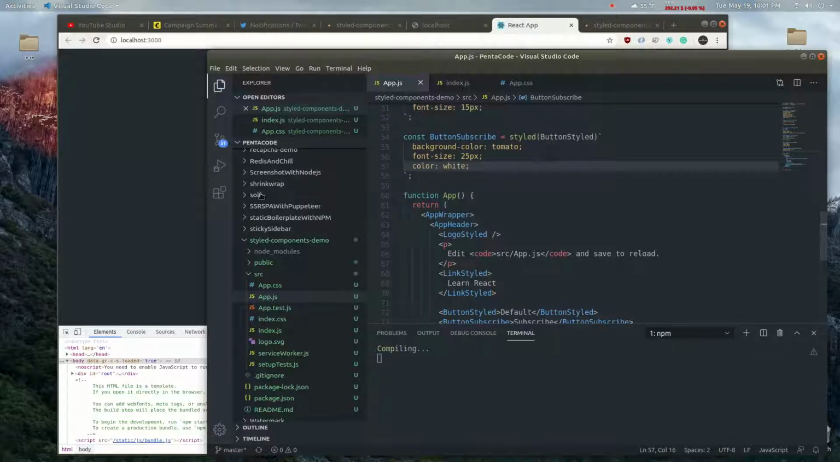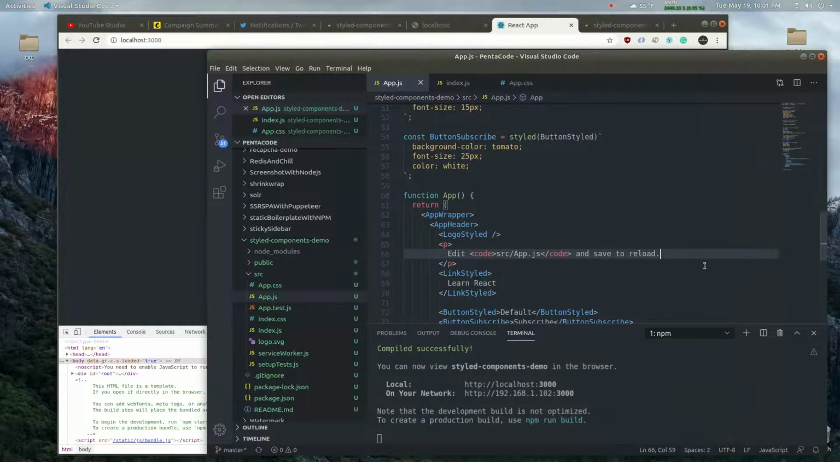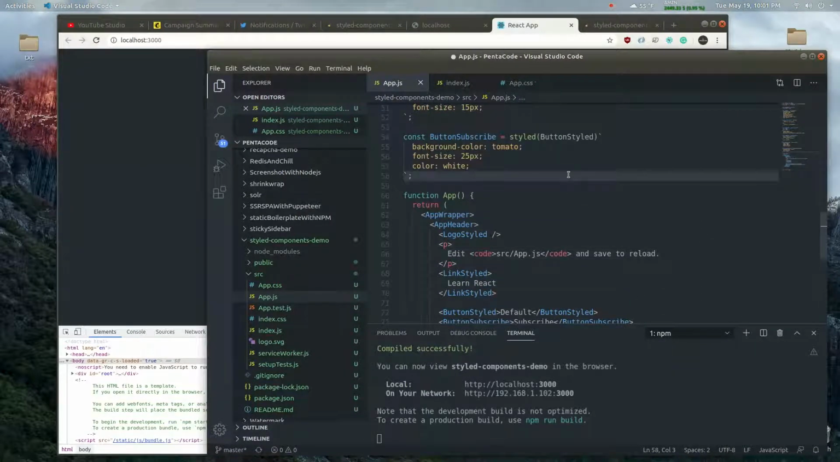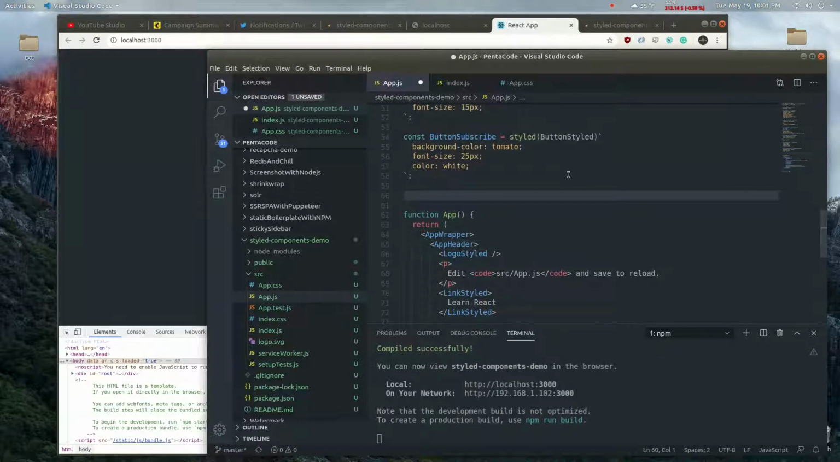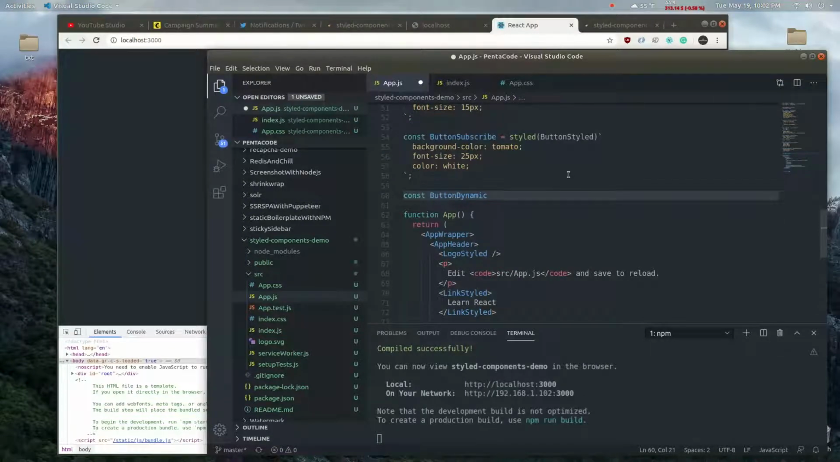Let's make it white, make it look a little better. There it is. Okay, cool. Now this is how you do simple inheritance, right? Now let's say I want to do a button that's dynamic. What if I want to do const ButtonDynamic equals, let's say I want to make a button where the user can pass in a